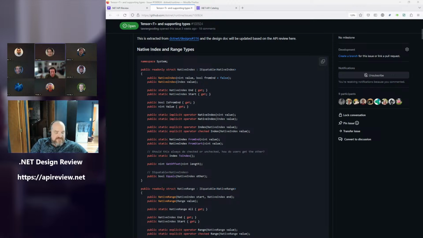Well, that's another part of the discussion that we were going to get to next, which was there's basically 3, maybe 4 places that it could go. It could go in System directly next to Index because that's where Index, Range, and Span live. So it makes sense to put another type that's used for things like System.Array next to the existing types.